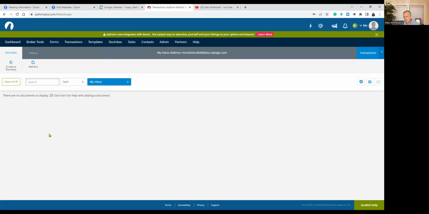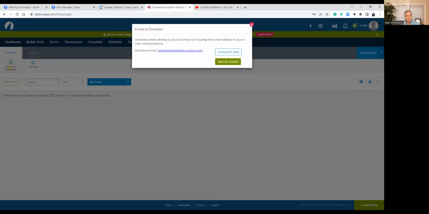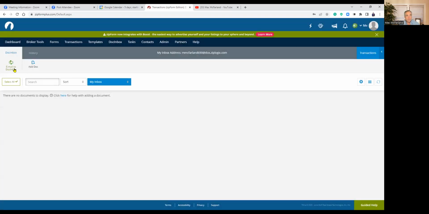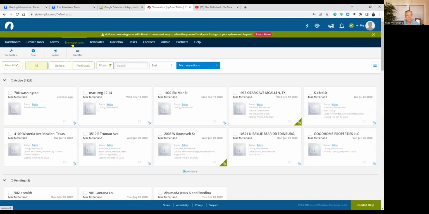If I had a document here, let's say somebody did email me a document, then all I have to do is go to email to Doc Inbox. That's going to bring it into this one. Let me back up for a second. If I have it here, I can click on it and it'll allow me to transfer it over. If I click on the actual document, I click on it and transfer it over to the transaction. So if I go over to the transaction,